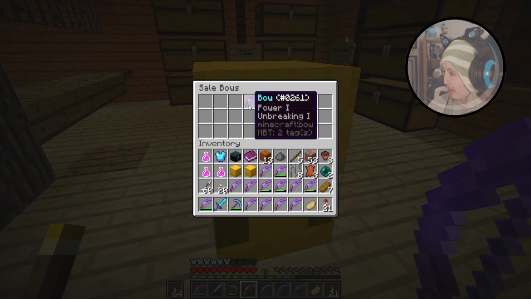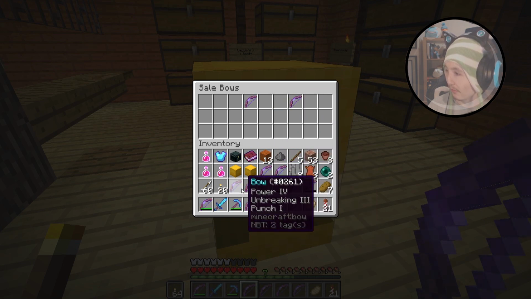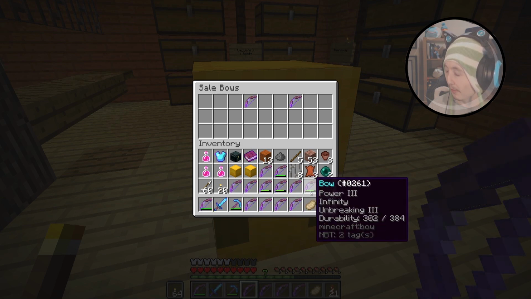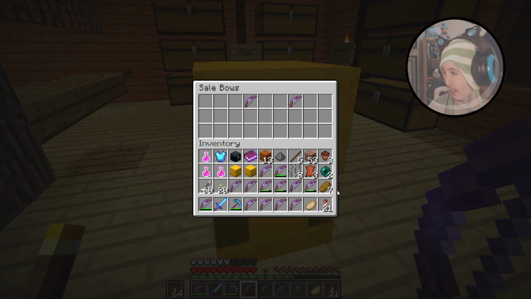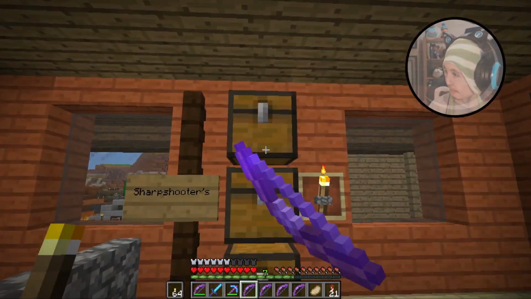So let's see. Unbreaking 2, not a great example, but Power 4, Unbreaking 2, Punch 1. Not bad. Power 4, Unbreaking 3, Punch 1. Yeah. Like, Power 3, Infinity, Unbreaking 3. Like, there is some good stuff in here. You just have to know what you're looking for. But what I might add...